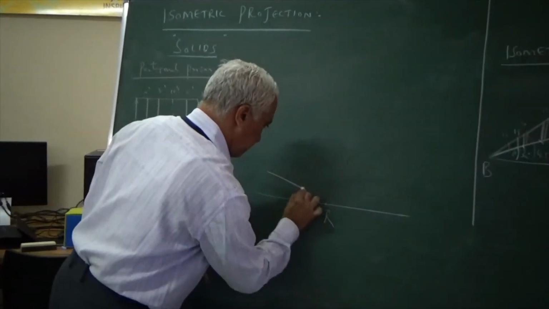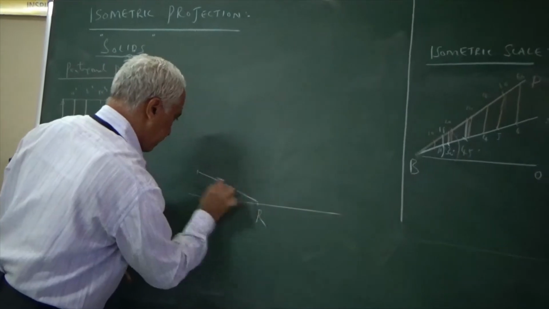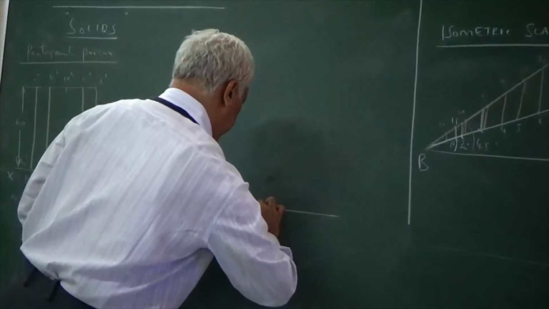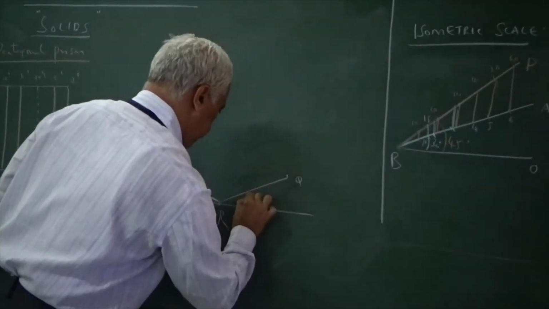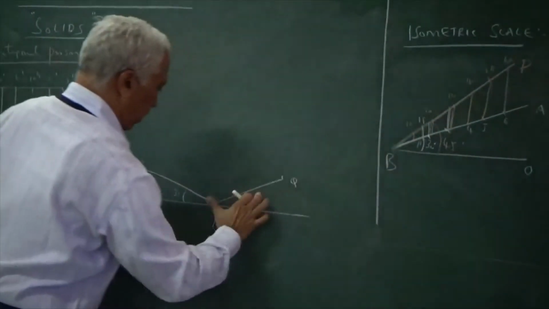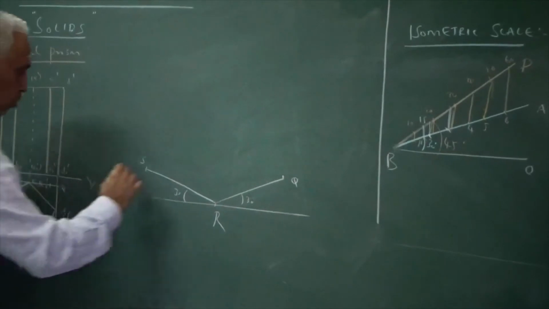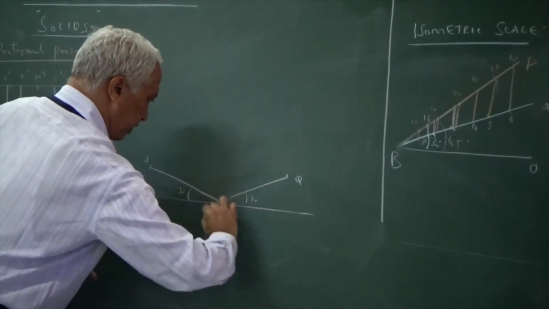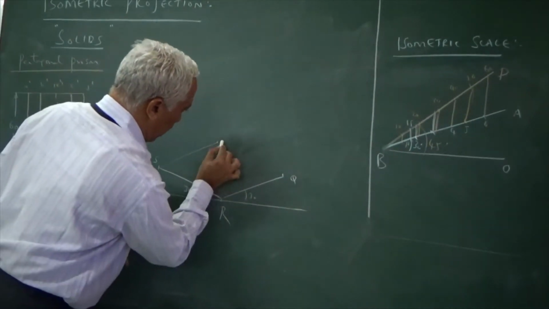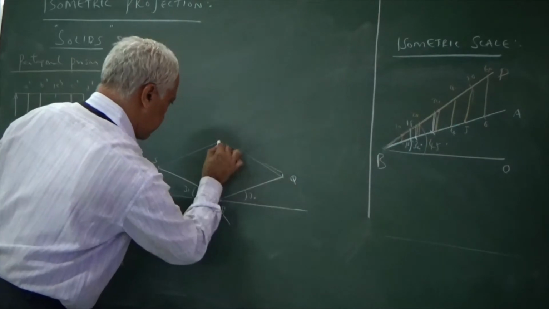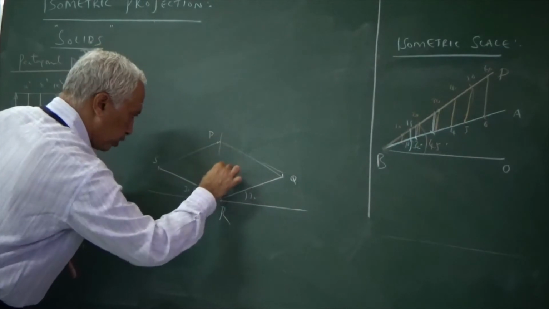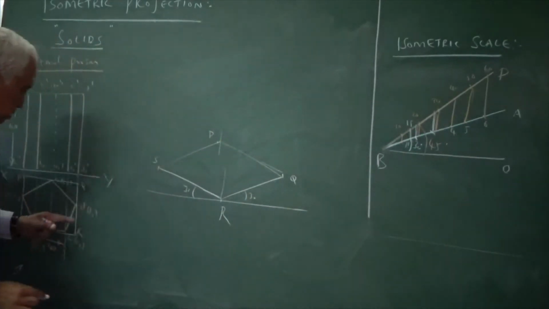On one side, draw a 30-degree line and cut iso of RS. Similarly, RQ on the other side, draw a 30-degree line, get the iso of RQ and cut here. When you complete this rectangle through the points, draw a parallel to RQ. Through the point Q, draw a parallel to RS. When you complete, I'm going to get the point P, and if you join P and R, both will not coincide. There is some gap because the figure is a rectangle.